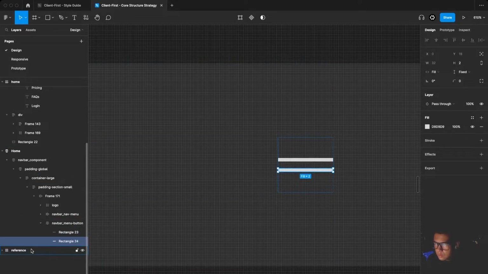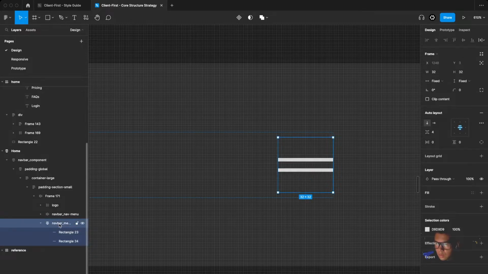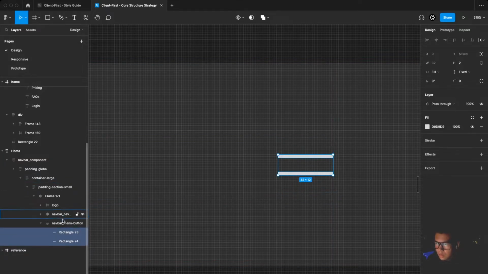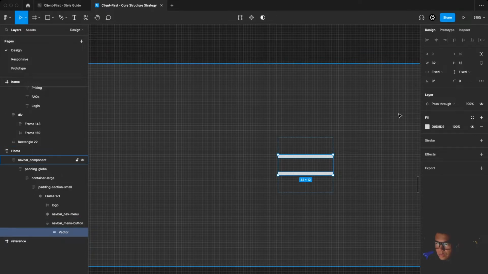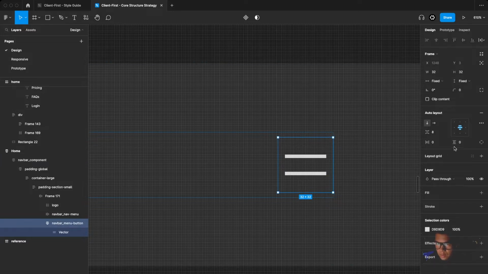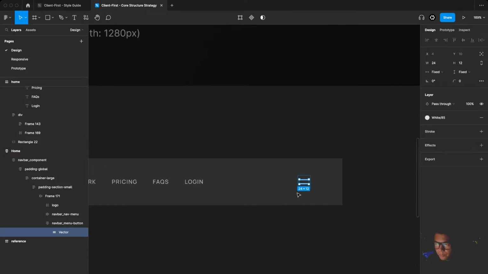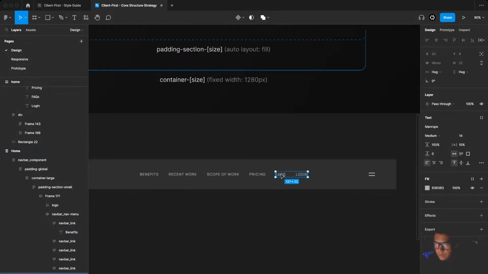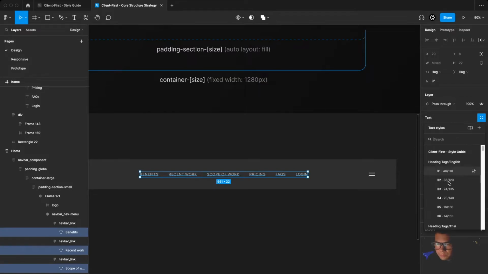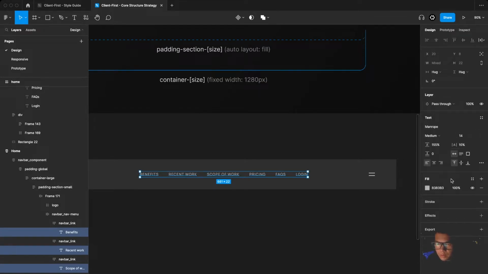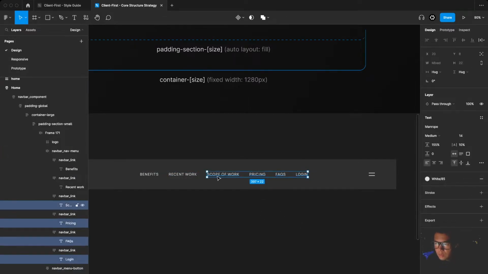Duplicate this. Maybe this one is too tight, so 8. And I'm gonna merge this one, maybe fixed width to 24. And it's centered, and that's fine. Make this white. And for this one, I will even make this white, and I will apply